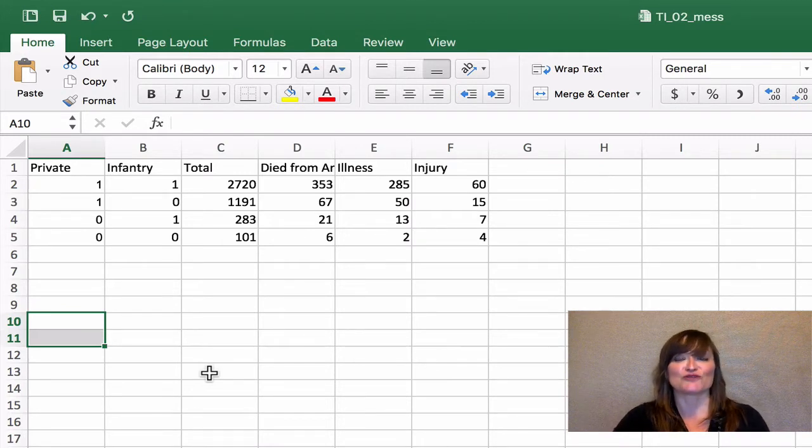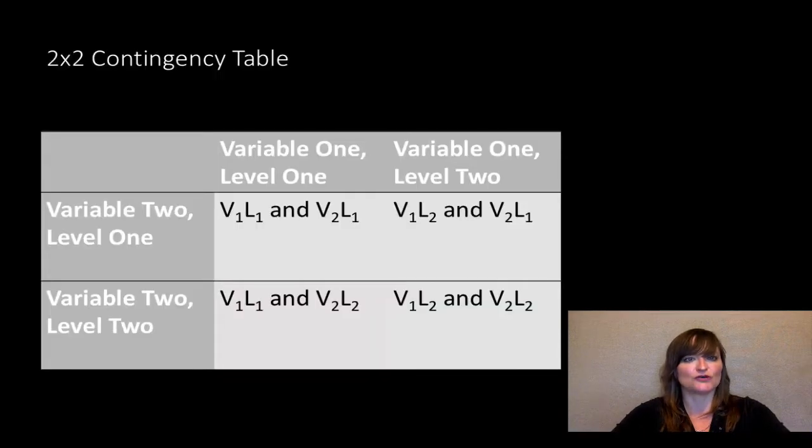So each of those number 2's refers to the number of levels in the variable. We'd write it like this. This is going to be a 2x2 contingency table. So we write it with an X, but we pronounce that letter X as the word by.